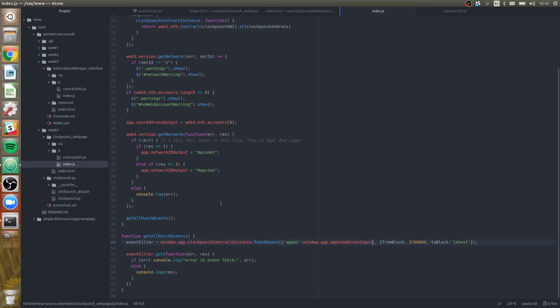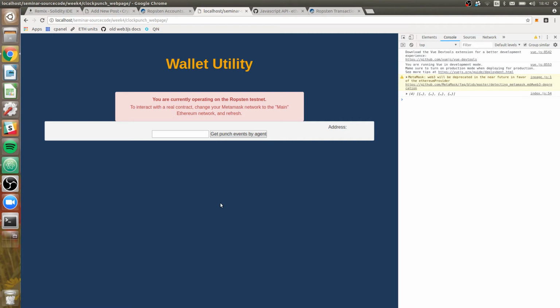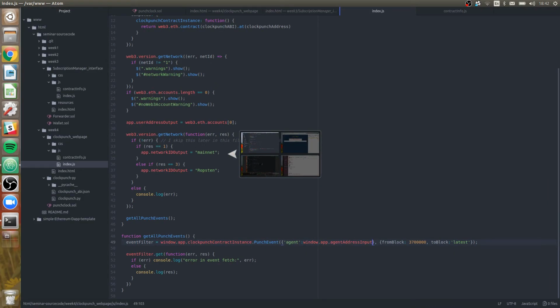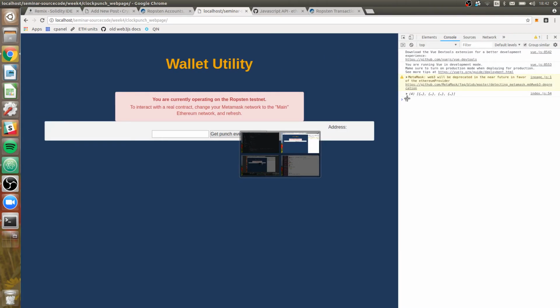Yeah. So let's try that and reload it and see how it goes. Now first it should log an empty array. No. It's giving me 4, which is interesting because right now agent address input is empty, so maybe it takes an empty string as anyone, but let's try